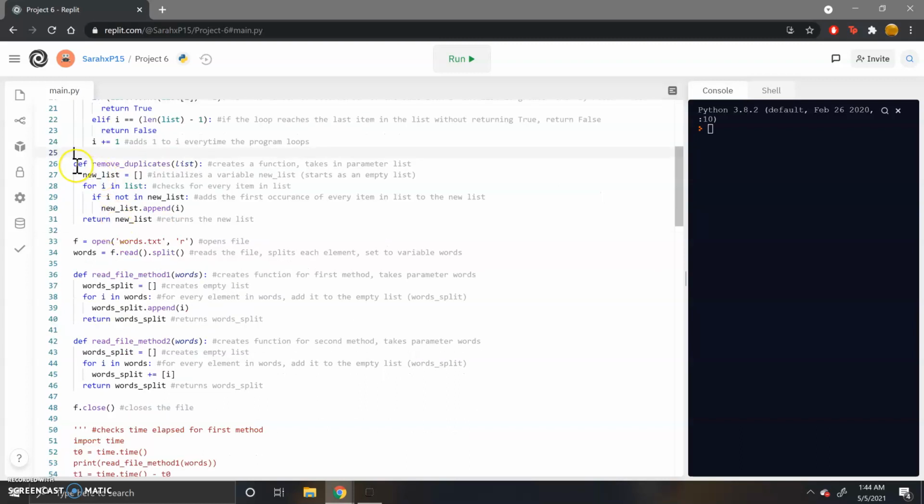And then afterwards, the function remove_duplicates starts with this line, and it creates the function and takes in a parameter, which is also a list. The function starts by initializing a new list, which would be an empty list for now, and goes through a for loop, which checks every item in the list, so for i in list. Then each time it asks if i is not in the new list, then it's going to add that element